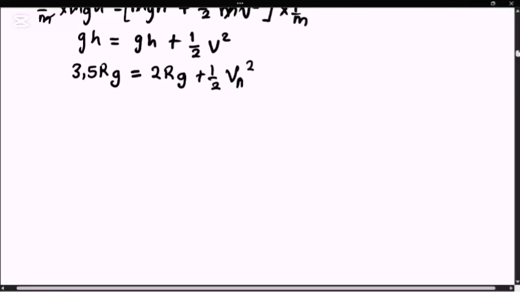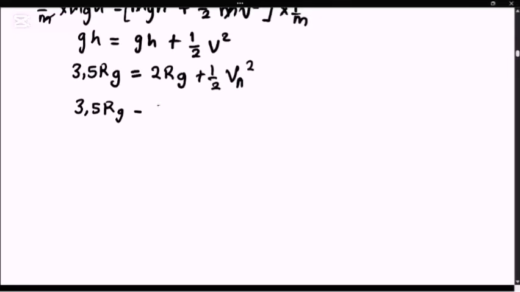Taking like terms to one side, you will have 3.5rg minus 2rg equal to the half velocity at A squared, which, if you press 3.5 minus 2, gives you 1.5. So you have 1.5rg